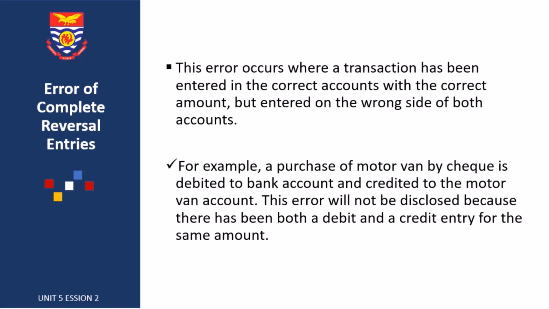This error will not be disclosed because there has been both a debit and a credit entry for the same amount. We know that the correct thing to do was to debit the motor vehicle account and credit the bank account, but a complete reversal of the entry led to us crediting the motor van account and debiting the